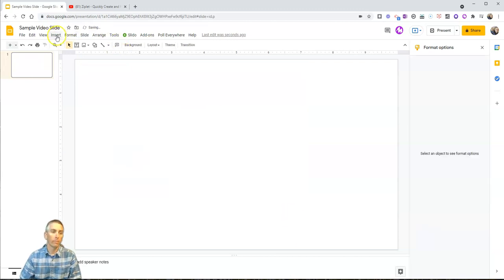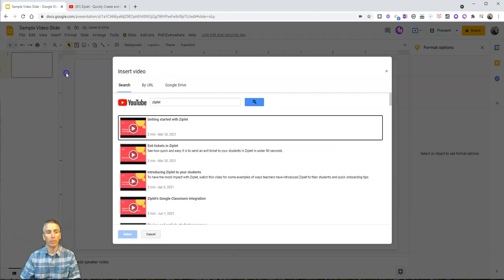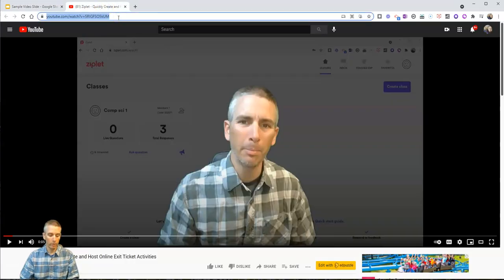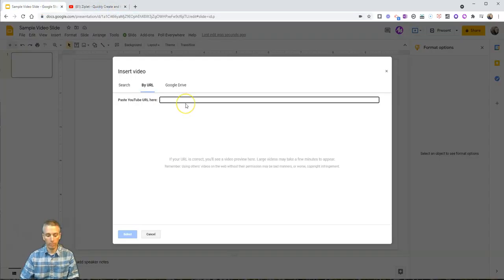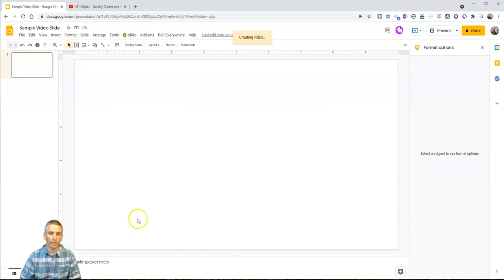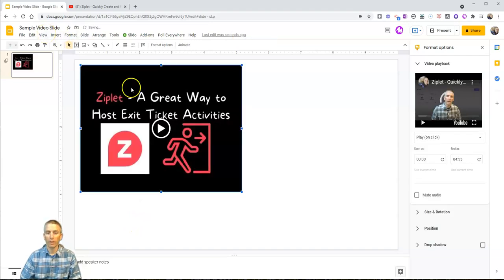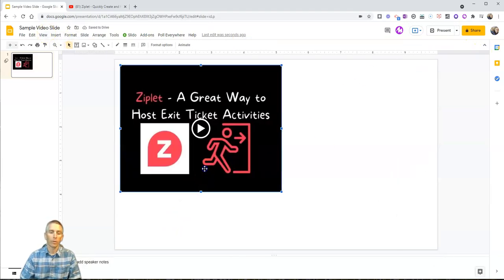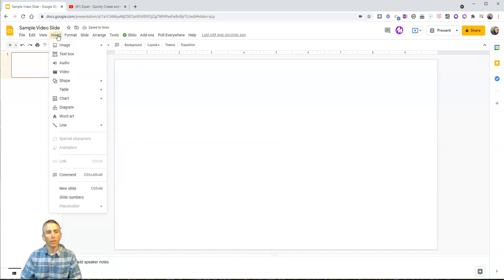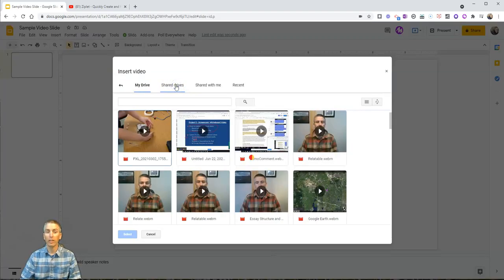Now, the other way is to go to Insert, Video, and if you know the exact URL for a video, like I do here, you can paste that in and you'll see the video and you can insert it directly into your slide. And there it is. And we'll delete it. And the third option is to go to the Insert menu, select Video, and select from